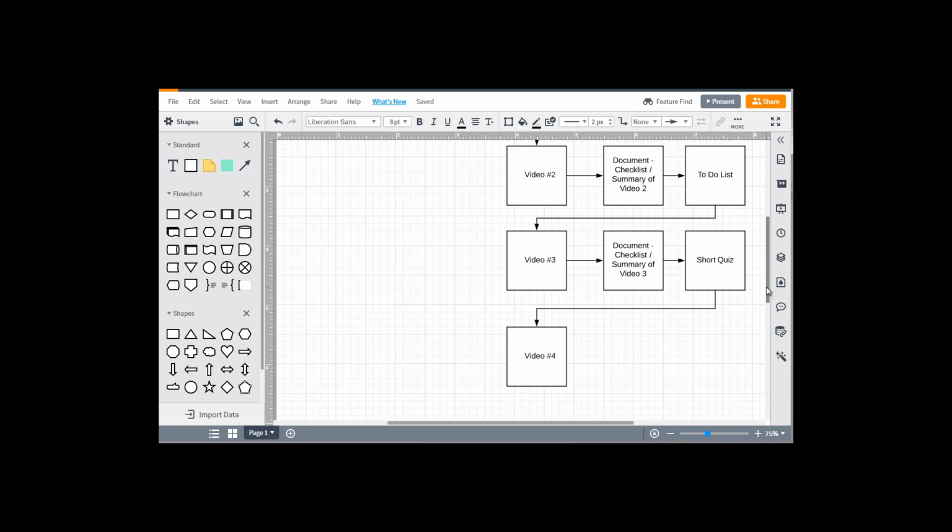Now, you could set it up so that in order for them to move to video 4, they have to get the questions right. But from our findings, what we found is a lot of times that can become frustrating, especially if they answer it wrong. So what that does is it makes things negative, and we don't want to create a negative environment. You want to keep things positive and keep them excited. So let's move from a short quiz to video number 4. So same thing here. We can do this here, and we'll do video 4